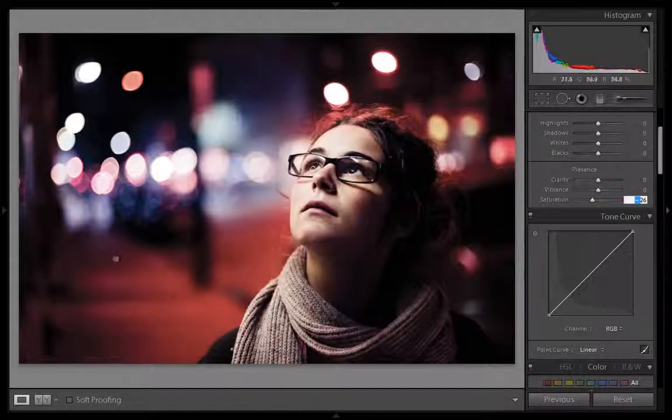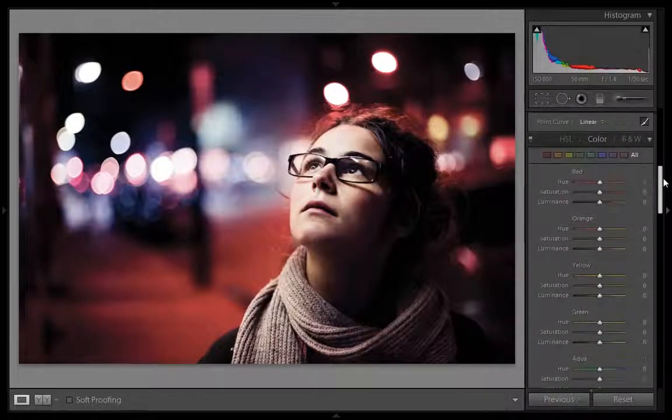In this area the color is more red than orange, so there is a hue slider for red, and I will move it to the right to get the orange effect. If you move the slider to the left you will get more red and magenta shade. So I want orange shade, so I will move the slider to the right side